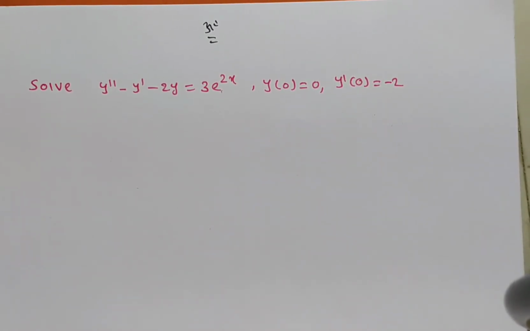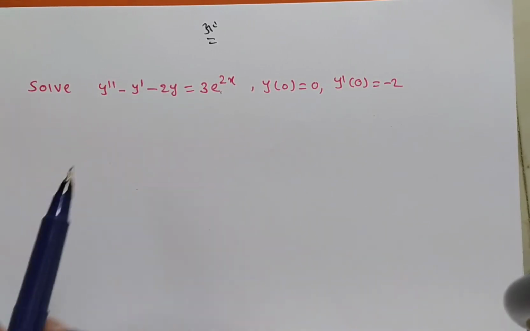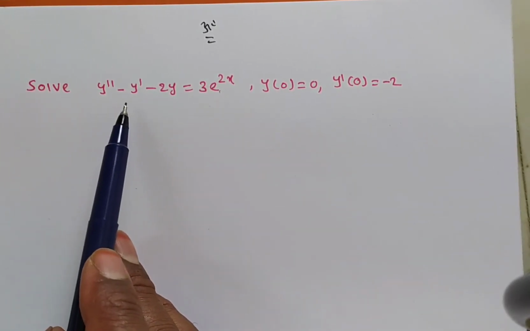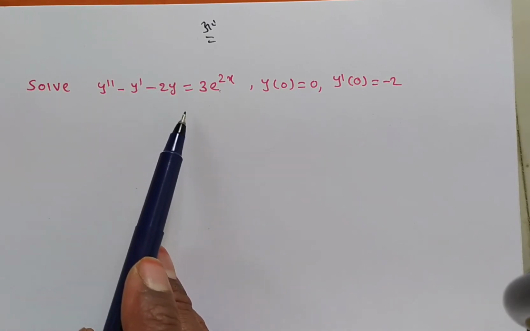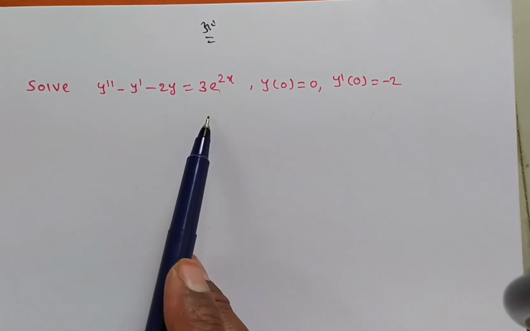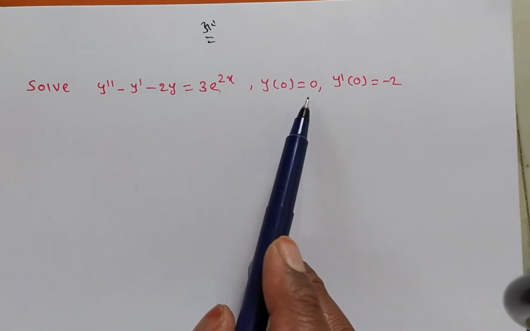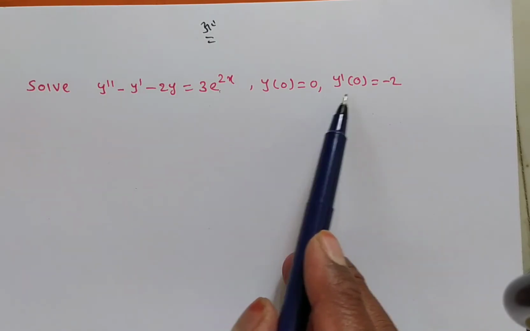Friends, in this video we are solving a problem from the higher order differential equation. The given problem is: solve y double dash minus y dash minus 2y is equal to 3 into e to the power of 2x, with y of 0 is equal to 0 and y dash of 0 is equal to